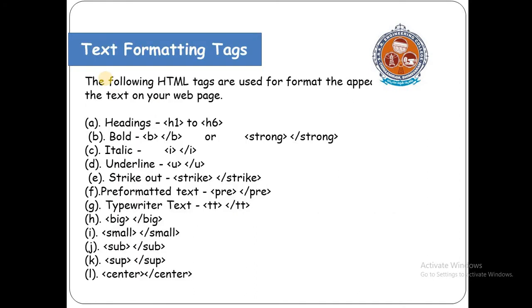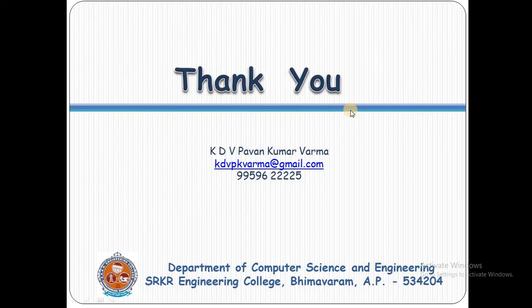So the next main important tags are text formatting tags. These tags are useful for formatting the text. If we have some text and you want to give headings, as I already told, headings mean H1 to H6. If you want to make our text bold or italic or underline or strike, all these are text formatting tags. I will show you one example for these text formatting tags.